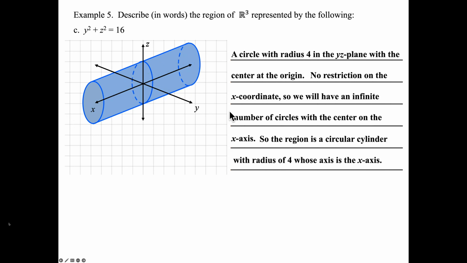All right, another way you could say the first two sentences is just say you have a circular cylinder with radius of 4 whose axis is the x-axis, which means your center of that first circle, when you put in those infinite circles, all those centers are going to fall on